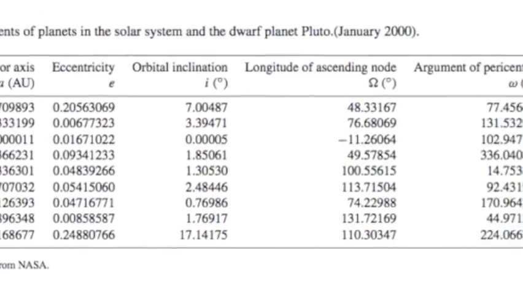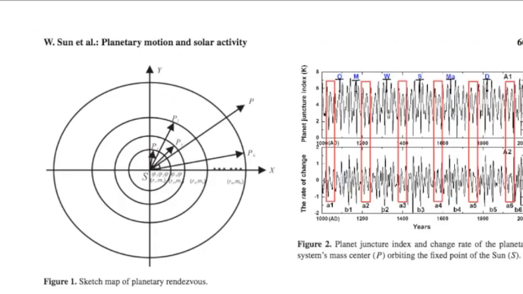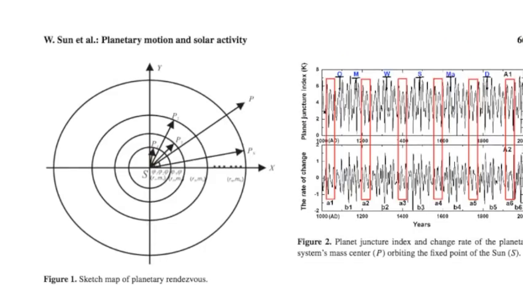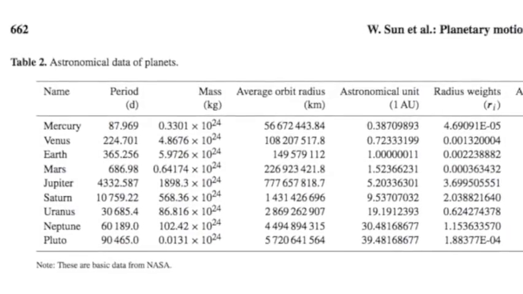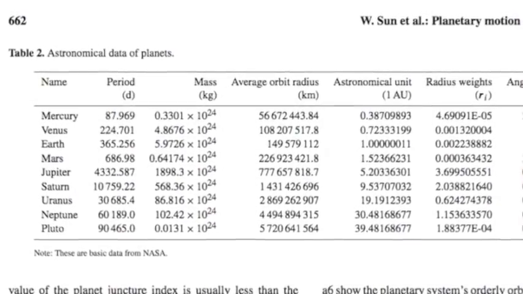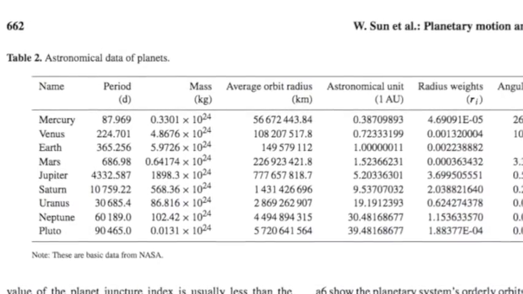In this study, the kinematic index of the heliocentric longitude is developed based on the orbital elements of the planets and is used to investigate the exact position of the planetary system over time. The numerical simulation results show a 19.8-year cycle for the planet juncture index and an 11.5-year cycle for the planetary system's heliocentric longitude. The use of the periodic rule of the planetary system's movement, a cross-subject research method, is a new way of investigating solar activity.